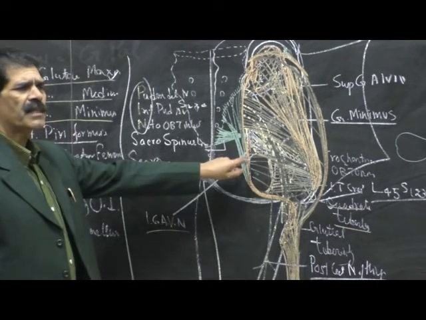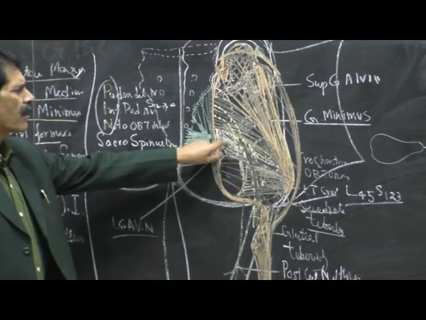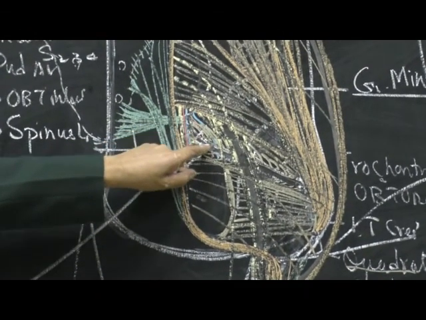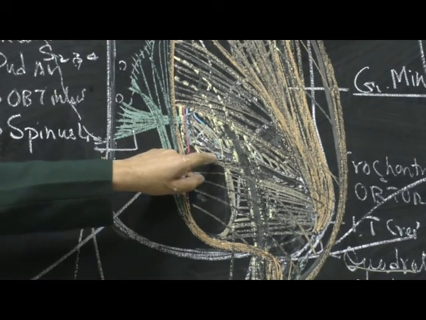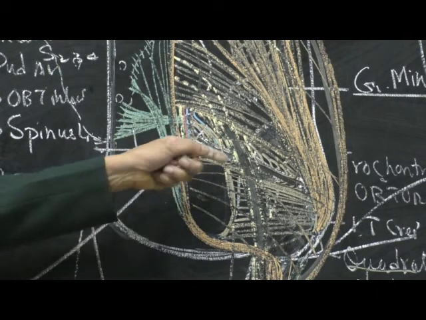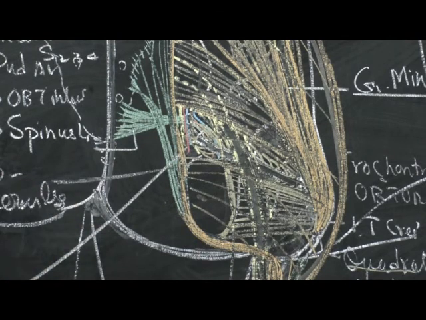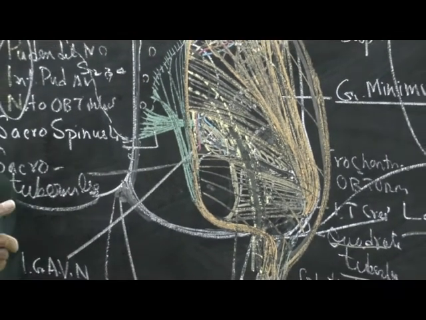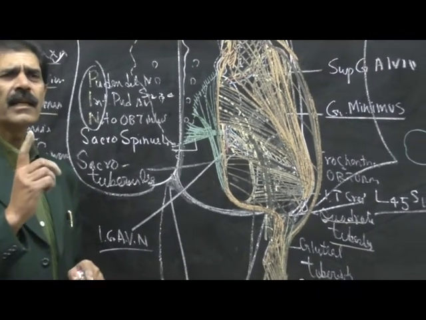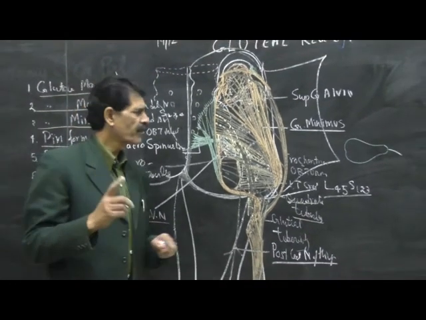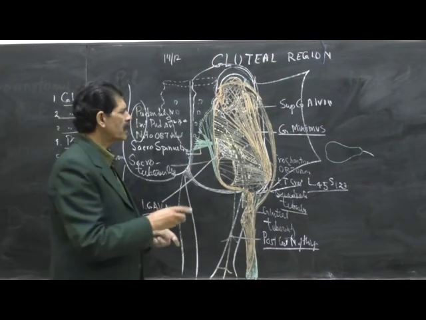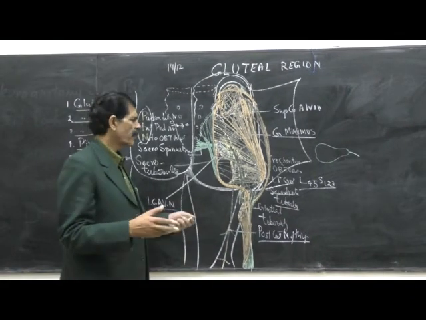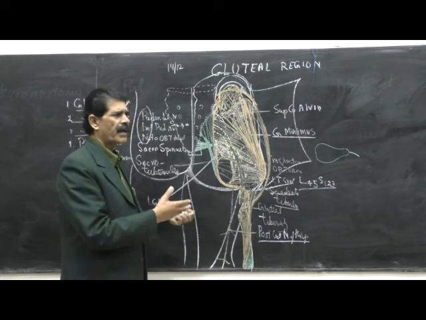Now the gluteus maximus nerve supply is the inferior gluteal nerve. Because the inferior gluteal nerve comes from the inferior border of the piriformis, immediately it enters the gluteus maximus muscle, because this muscle is overlapping here and near to this. So always remember, the superior gluteal nerve supplies two muscles, medius and minimus, and the inferior gluteal nerve supplies only one muscle, the largest, gluteus maximus. So this is how we do the gluteal region of the human body with all its muscles, arteries, veins and nerves. Now comes the applied anatomy of this.